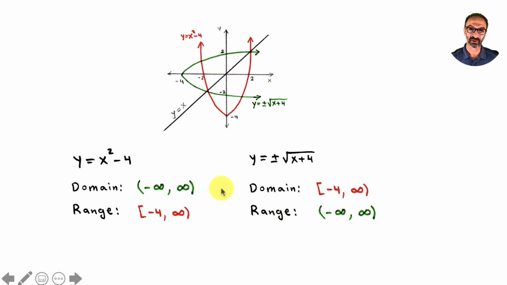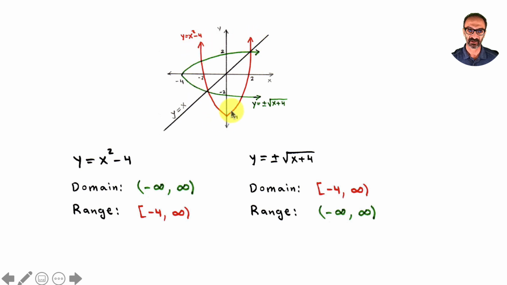Let's restrict the domain and find the inverse. This time we're going to call it inverse function. This is just an inverse, and it's not a function. Vertical line test for the square root plus minus, you could see that it does not pass a vertical line test. To restrict the domain of the graph in red, we're just going to take the right hand side and